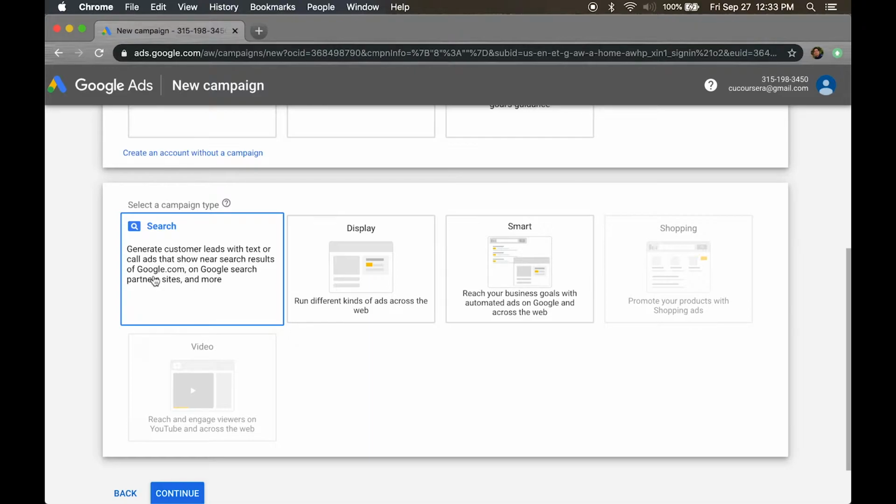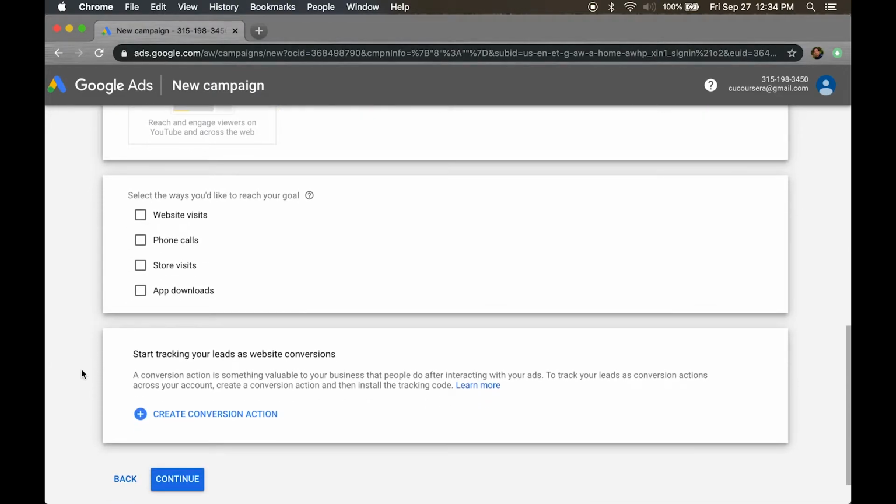I will footnote that while all of these ad mediums can be powerful and effective, you almost always want them in their own campaigns. You don't want to muddle search and display and video because they have different metrics for success. So we're going to focus on search. One other thing is that I can definitely see that video is going to be about YouTube ads. There are other products that Google has that are not listed here. I'm thinking of local and local services and some other products that you'll have to go back to Google's advertising page to get to. But here we already know that we want to do a search campaign, so we'll click on that